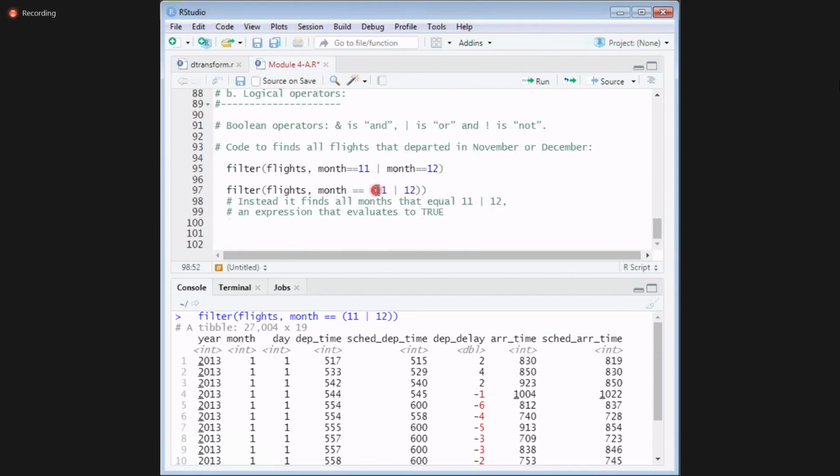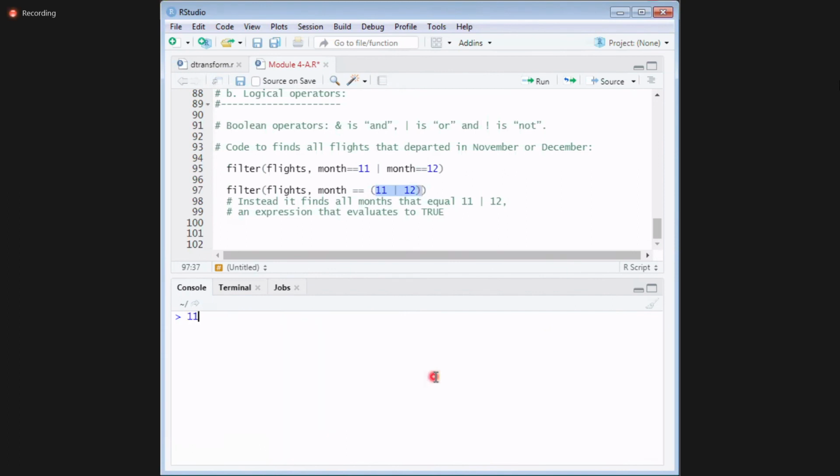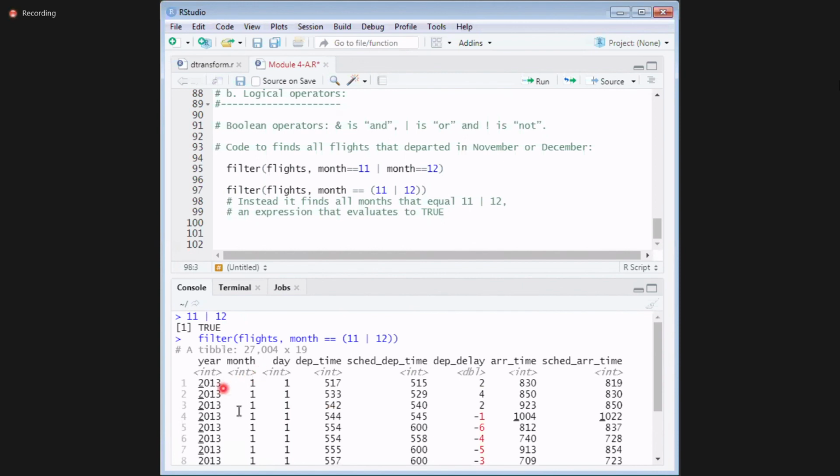It is evaluating 11 or 12. What is 11 or 12? True. True means 1. So it is taking month equal to 1, and that's why the output is for January. Understood?